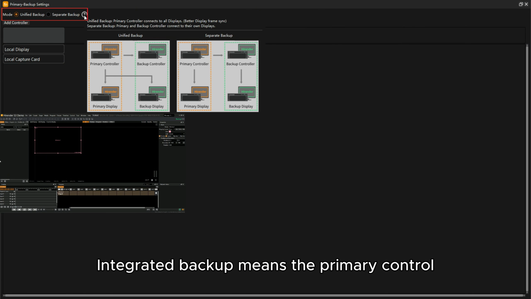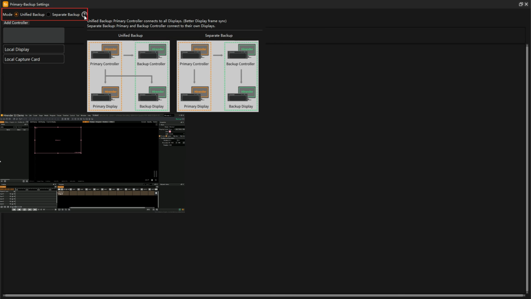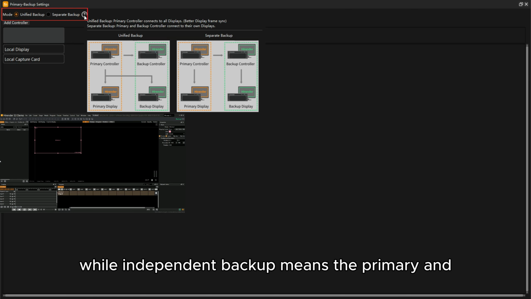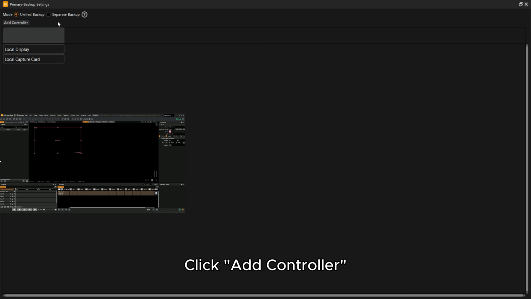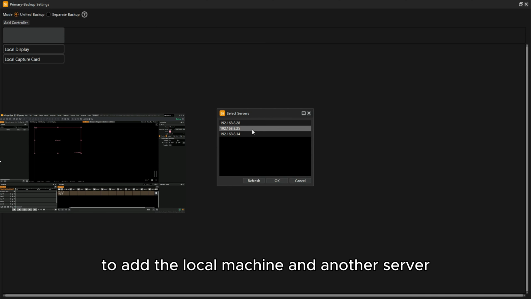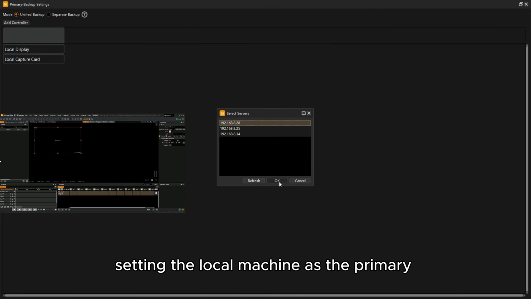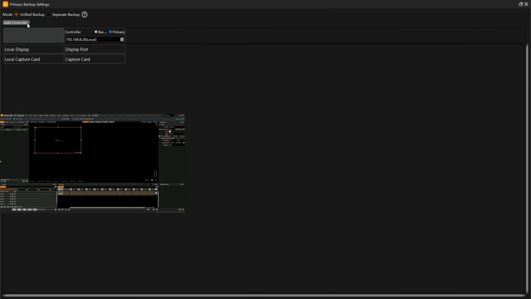Integrated backup means the primary control server connects to all display servers, while independent backup means the primary and backup control servers connect to their respective display servers. Click Add Controller to add the local machine and another server, setting the local machine as the primary and the